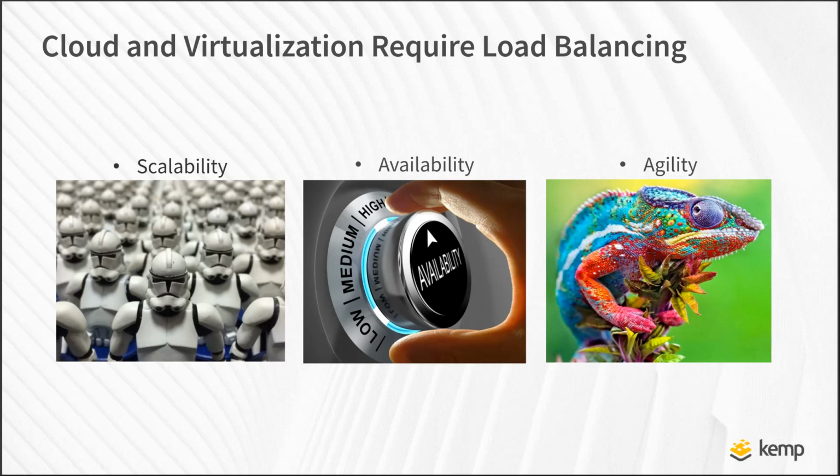And this is true, especially in today's world, as we shift more and more to these concepts of cloud and virtualization. We require load balancing because the reason we're shifting to cloud and virtualization is because we want that agility and elasticity. We want that scalability, being able to add resources and remove resources quickly and easily. We want that availability so that the application is always accessible by our end users, whether they be customers or employees. And of course, we want that agility, the ability to change things quickly and easily in our environments,